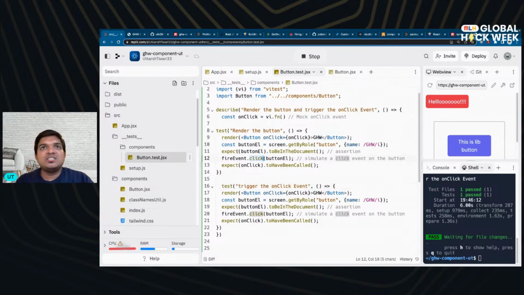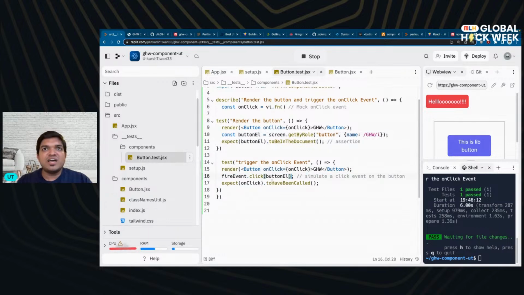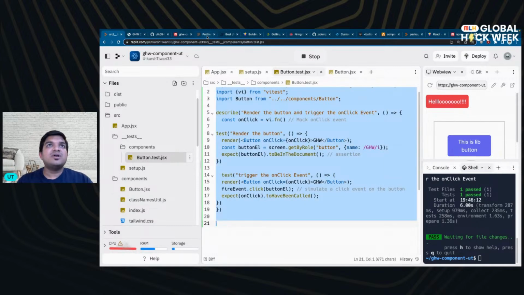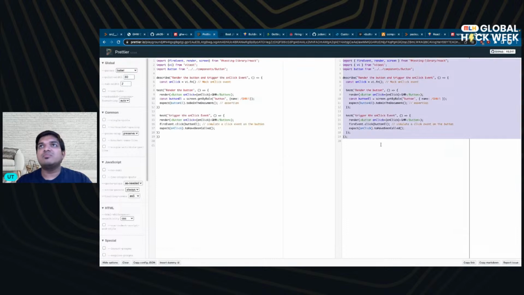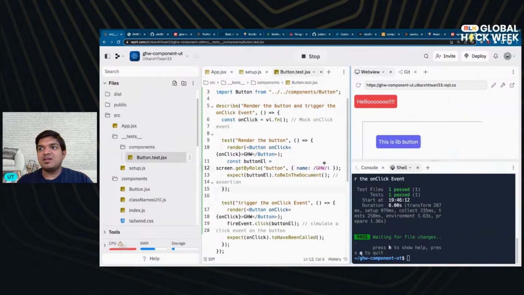The top test does not need these two lines, right? The bottom test renders the button, then okay, it does not need these two lines actually. It just needs a fire event and expect it to have been called. Hopefully in the copying and pasting, I did not mess it up. Let me put it in prettier, prettify it, get it back here, paste it, and let me run the